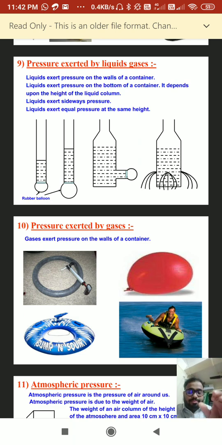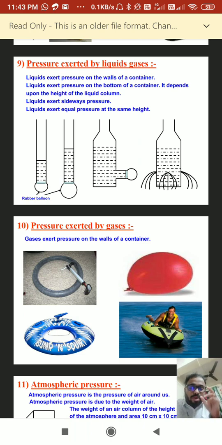You take a bottle. One experiment you can do at home: you take a bottle and make 3 holes at the same height, as seen in the figure. When you make 3 holes at the same height, the water falls from the holes at equal distances. But if you make 3 holes at different heights, bottom, middle and top, then you will see that from the bottom one the water gushes to a larger distance, and from the top one the water falls to the minimum distance. Why? Because the pressure downwards increases.